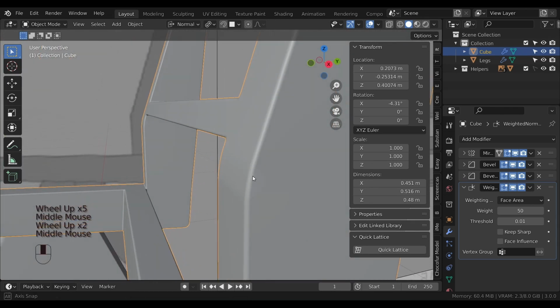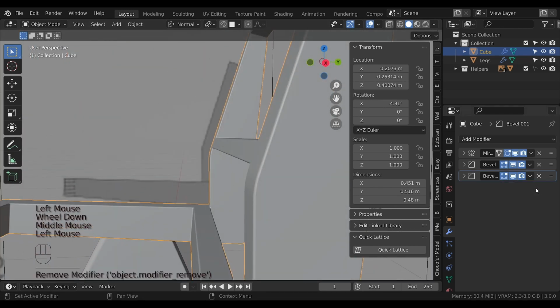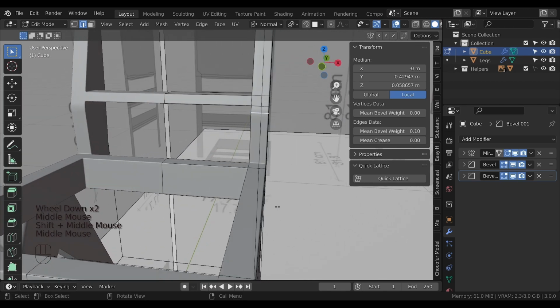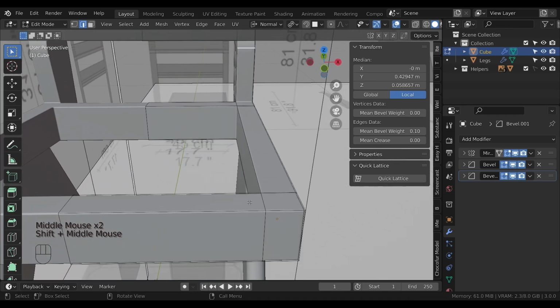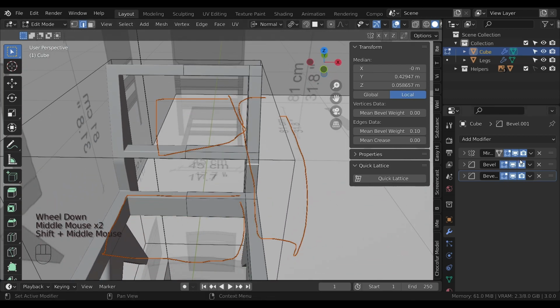So now I need to start UV unwrapping. I need to follow along my references. According to my references, I have different parts in my object. So I have this part and this part, and they have this part also, and I have